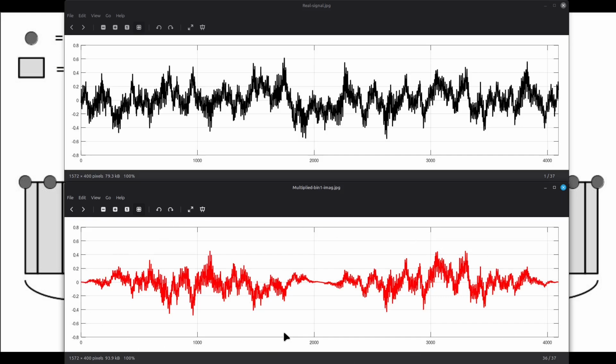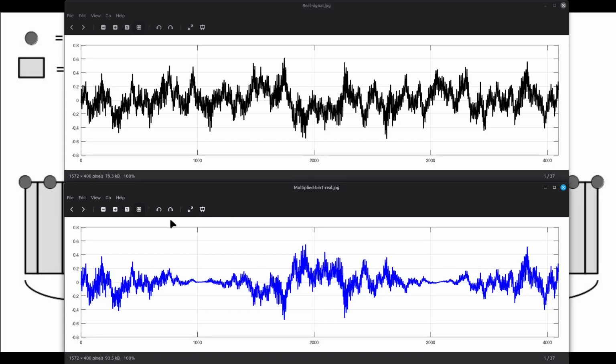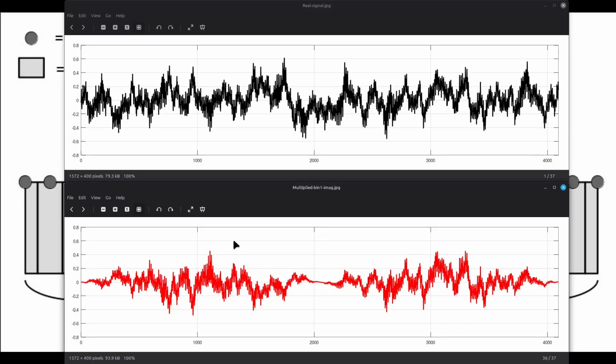That will create the imaginary component. So between this and this, this creates the real part, this creates the imaginary part, and that creates the single complex number that represents the value for that bin 1.